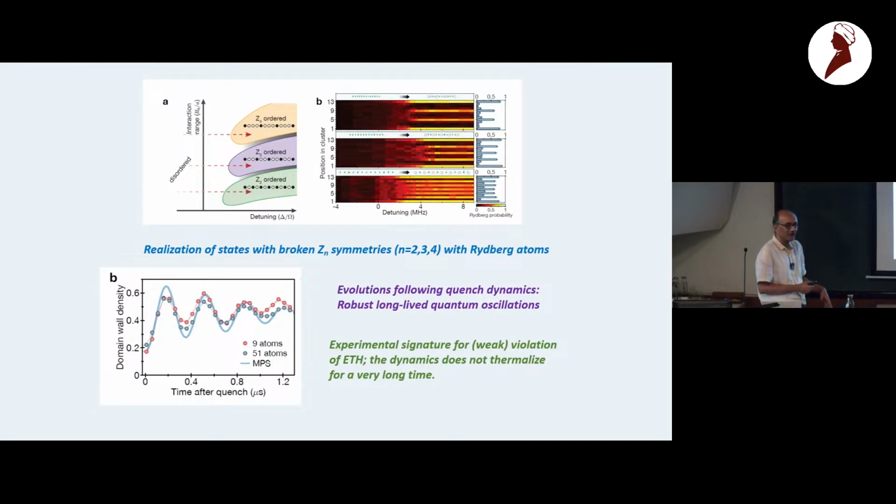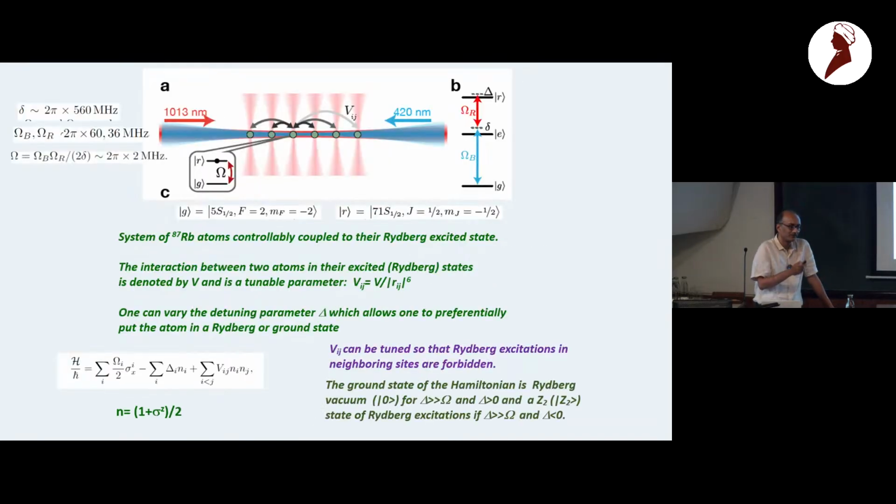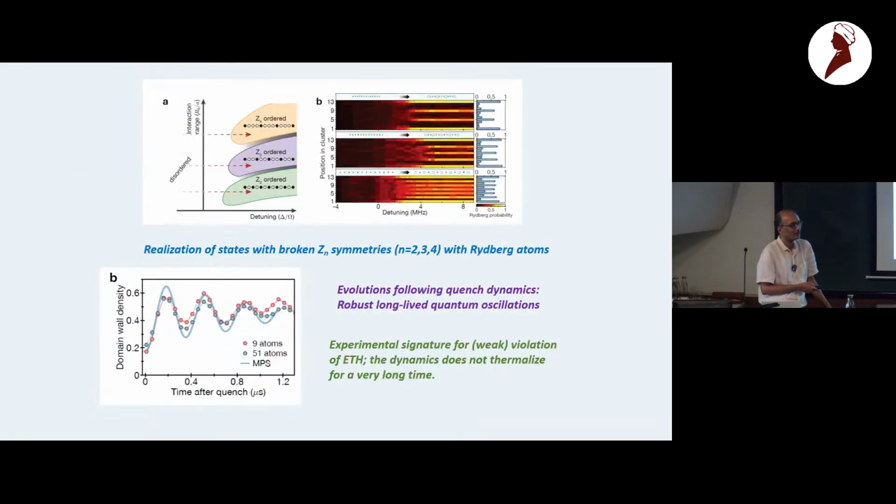And this is very similar to the tilted dipole model, because just as you wanted to create a maximal number of dipoles, here you want to create a maximal number of Rydberg excitations. But the constraint there, that you cannot create dipoles at neighboring links, here comes from the fact that you cannot create two Rydberg excitations on neighboring sites. This is the same thing which enforces a Z2 order state. Now you can increase your Rydberg blockade a little more, and you can get a Z3 order state because you cannot create a Rydberg excitation on two neighboring sites and so on.